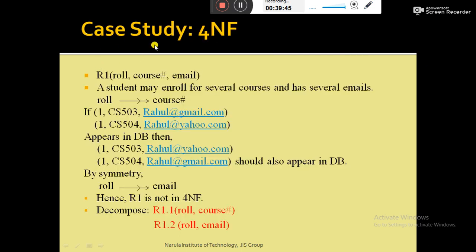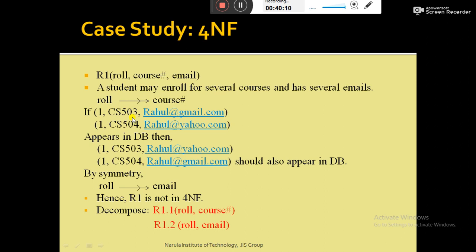Now another case study regarding 4NF. Consider relation R1, which consists of three attributes: roll number, course number, and email. It may happen that a student may enroll for multiple courses and a student may have multiple emails. That means roll multi-determines course. For example, this is the